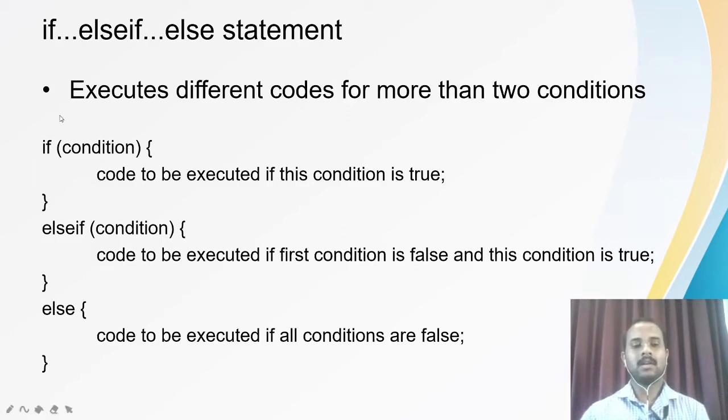For example, I have one if condition here. If this is true, then the code belonging to that section will get executed. Now let me say this condition is false, then it goes to the else if section and checks the condition there. If that condition is true, it will execute that part and directly come out. Now let me say this condition is also false. Then it will directly go to the else section and the else code will be executed.